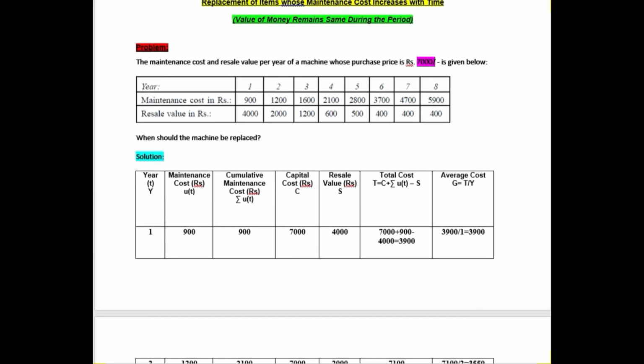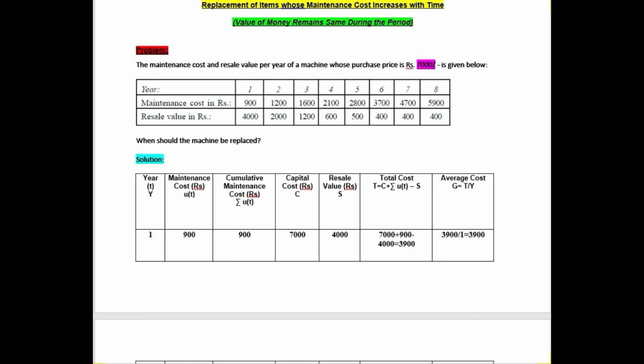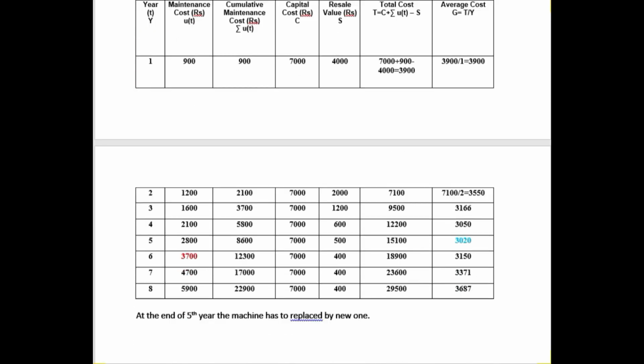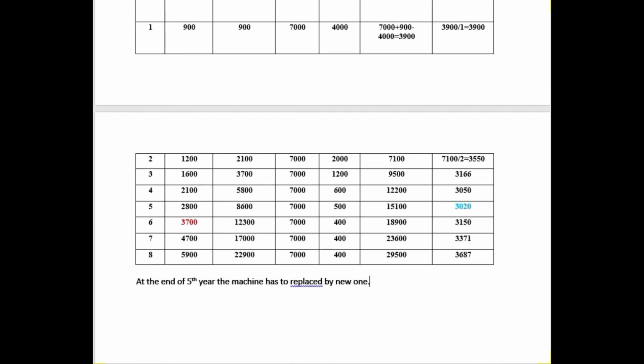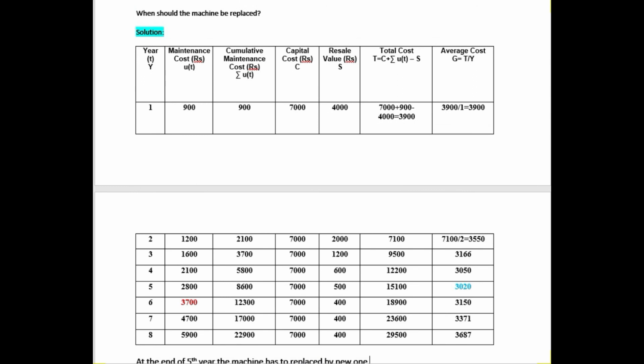So as I said earlier, in the previous video, I posted one problem. Both the previous problem and this one are almost the same. The only difference is that in the previous problem the resale value or the scrap value is constant. But in this problem, the resale value is varying with respect to time. So keep it in your mind and proceed with some other